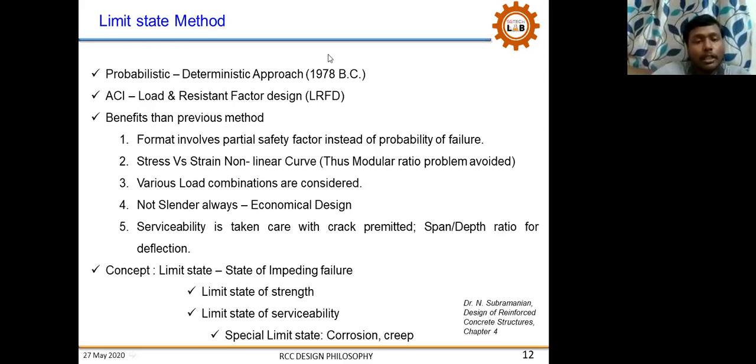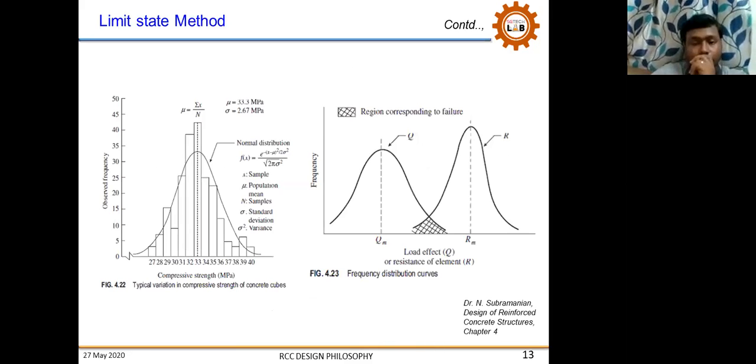What they expect in limit state is, first, strength, the limit state of strength or limit state of collapse, as it is usually called in IS 456. The other is the limit state of serviceability, where there should be no psychological effect. The other is long-term effects, that is corrosion and creep. Here you see how these experiments are conducted, what statistics and histograms have been followed, and how it forms a normal distribution curve. From this they are able to see it.